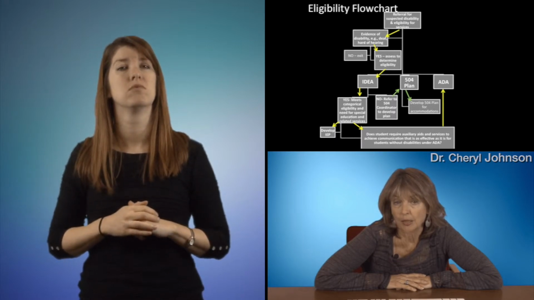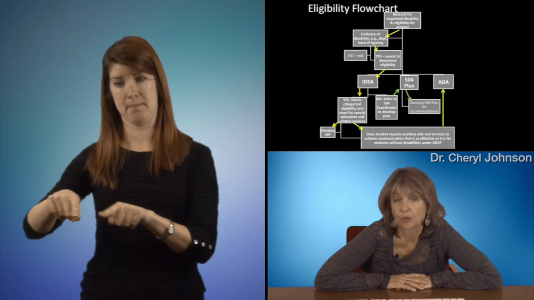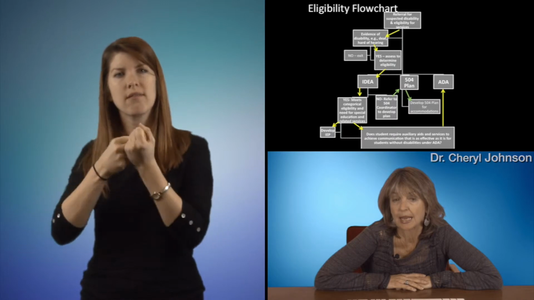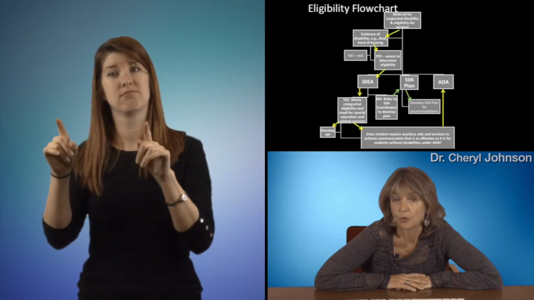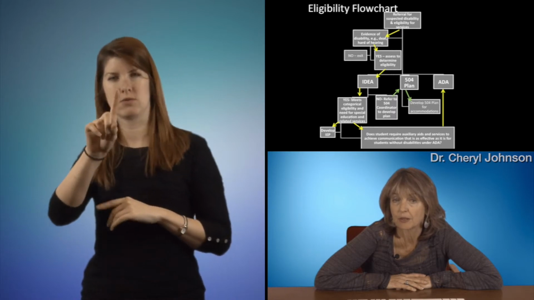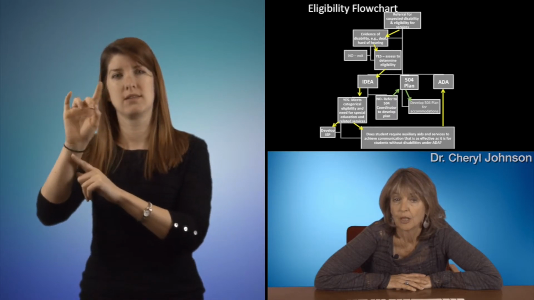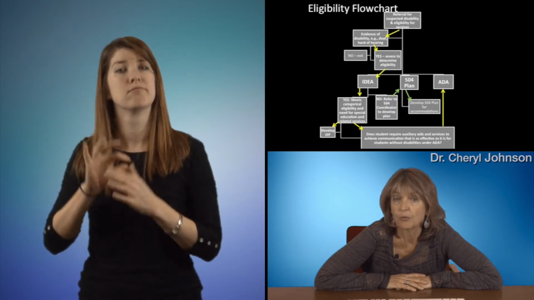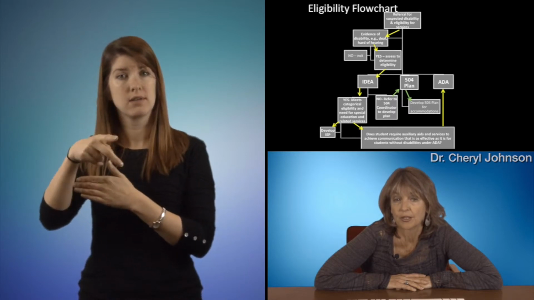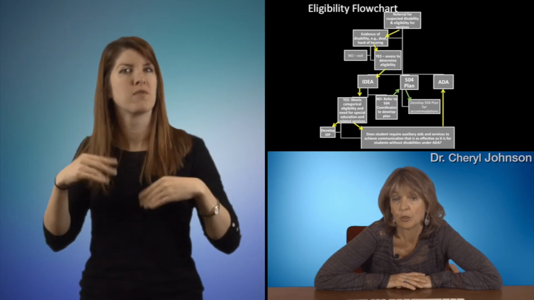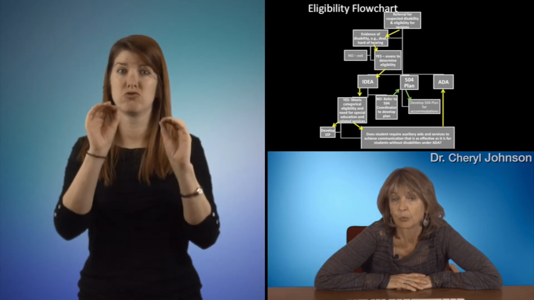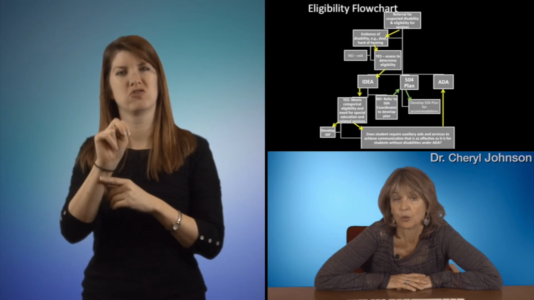You'll see a box at the bottom that says, do students require auxiliary aids and services to achieve communication that is as effective as it is for students without disabilities under ADA? And that's the question that we need to ask under the ADA provision. So regarding effective communication, if we feel that the services that have been designed under the IEP are still not sufficient to provide adequate communication access and effective communication to the classroom instruction, then we would add that provision under ADA to provide those additional services.